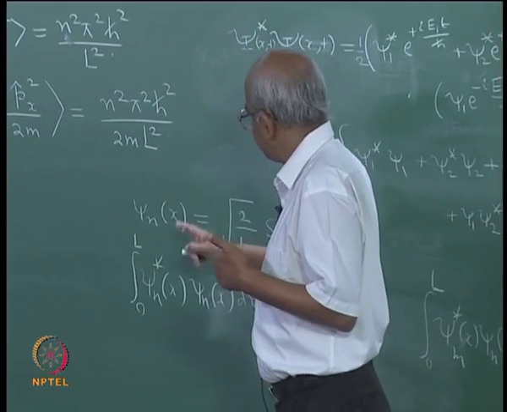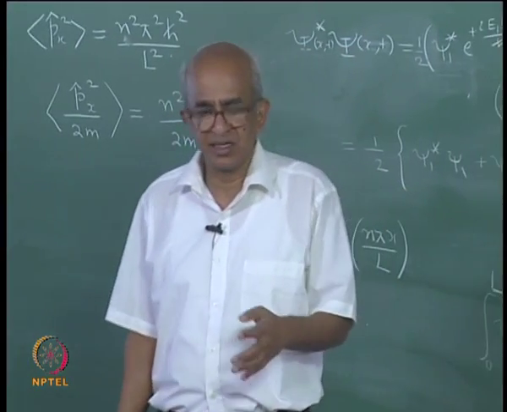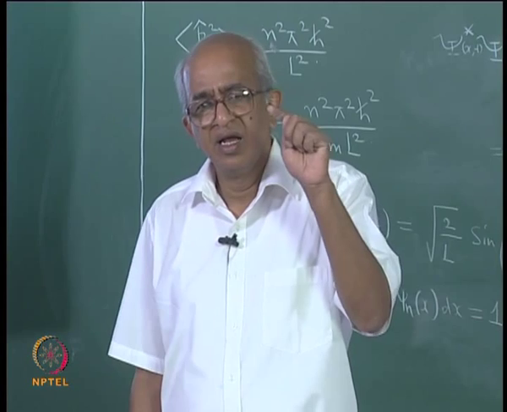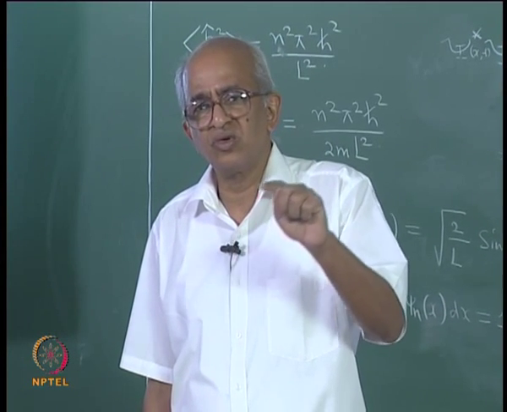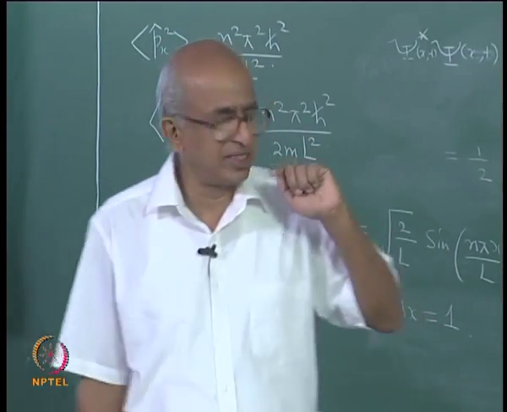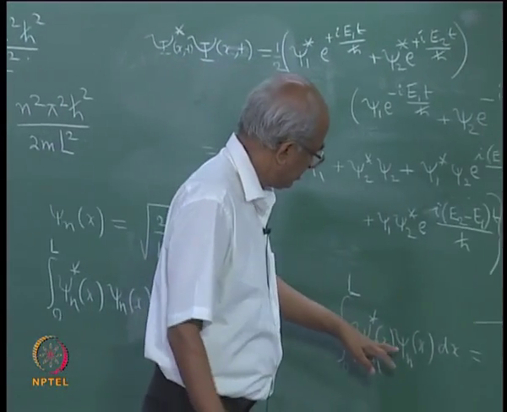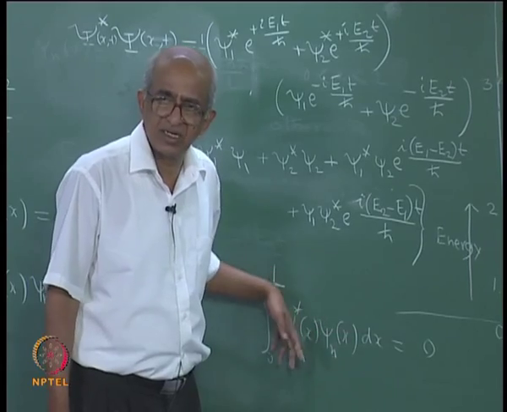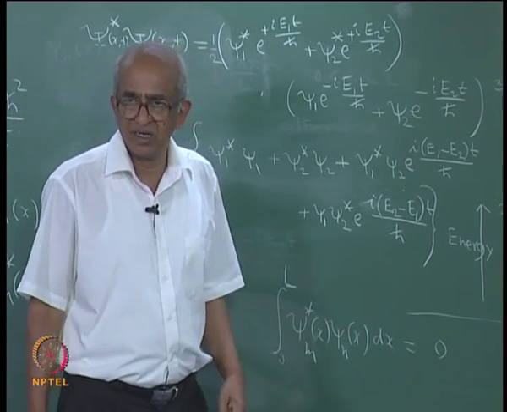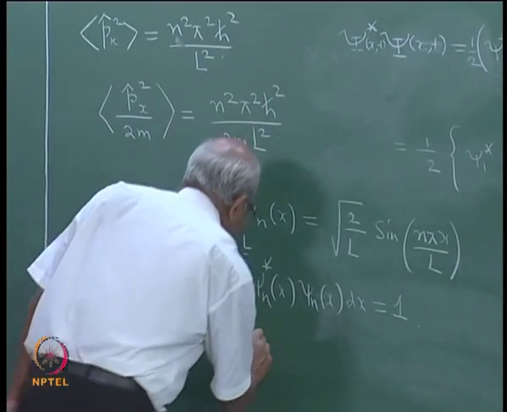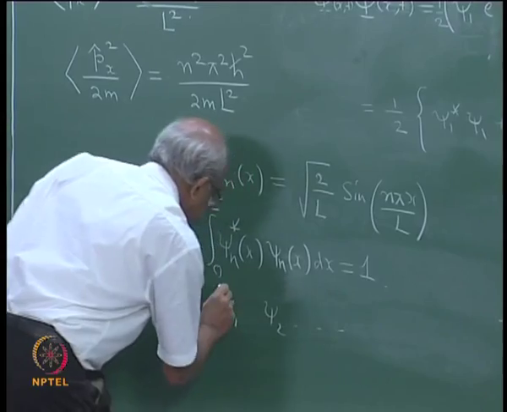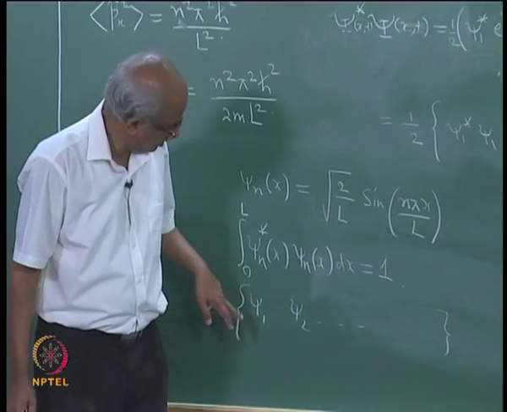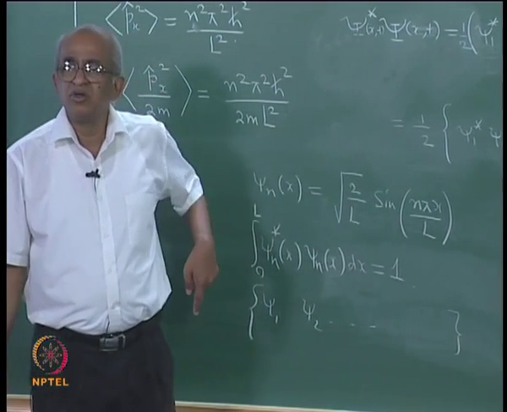Okay. So, therefore, this set of functions psi 1, psi 2, psi 3, psi 4, etc., have the property that they are all normalized, each one of them obeys the normalization condition, and each one of them is orthogonal to all the others. So, what do I mean by saying that it is orthogonal? Well, I say that the nth function is orthogonal to the mth because this integral is 0. So, if this integral is 0, then the functions are orthogonal. So, if you make this list psi 1, psi 2, psi 3, etc., the set has a nice property that each one of them is normalized, each one of them is orthogonal to all the others,